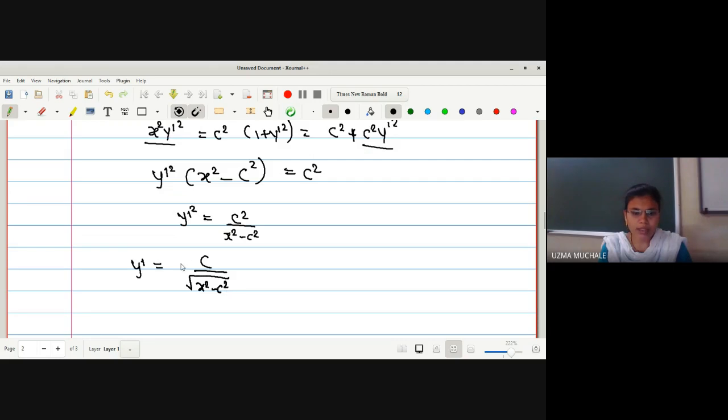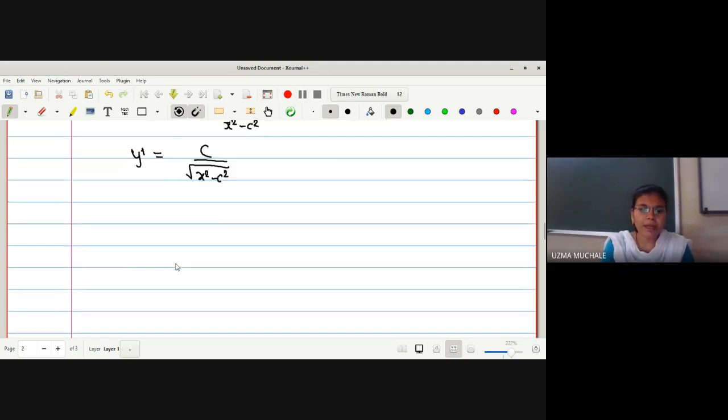No doubt we can take plus or minus, but actually we are going to find out area, so that's why we are going to take the positive value, because area cannot be negative. For example, if y dash square is equal to x square, then taking the square root, y dash is equal to plus or minus x. But here, as we are going to find out area, and area cannot be negative, hence we are taking the positive value.